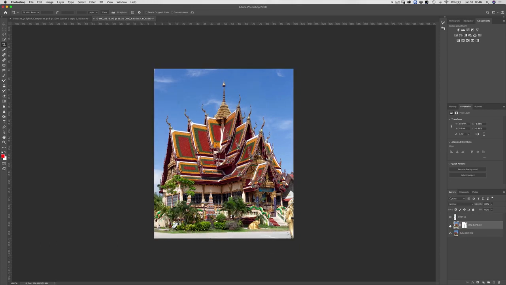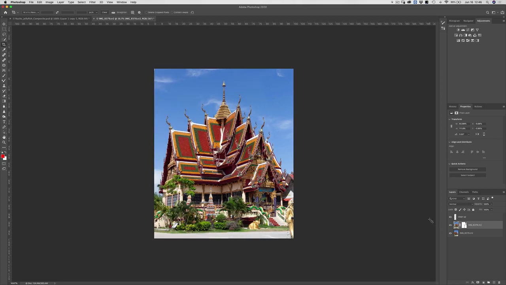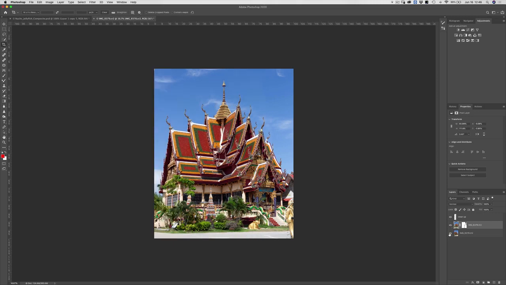So there we go, guys. That is how we remove really distracting elements from our images by just getting a secondary photo, almost as if it's a plate for you to use and create that data and recreate that data back into your image. So this is one of your everyday uses of compositing.